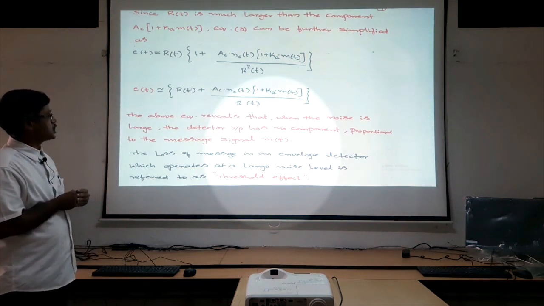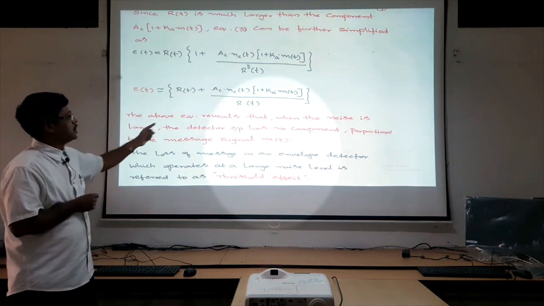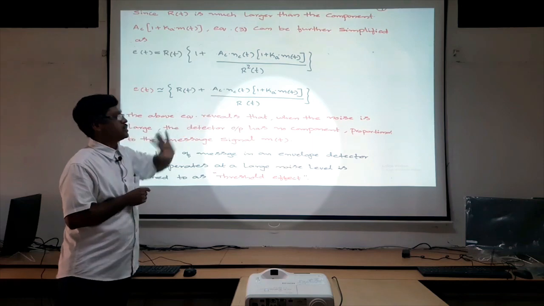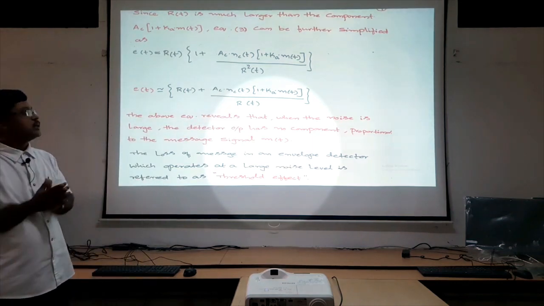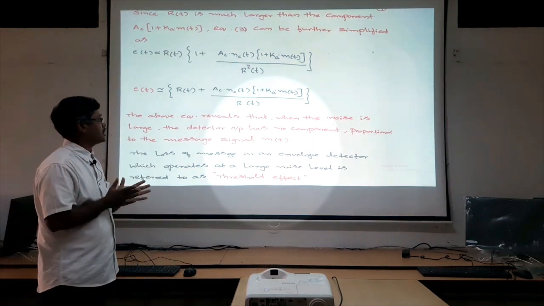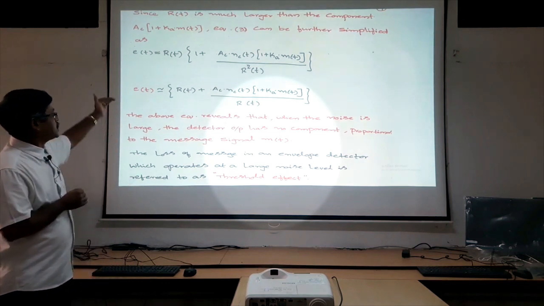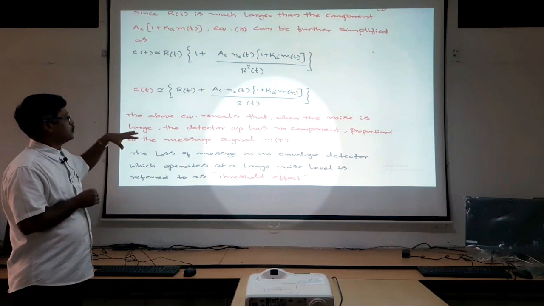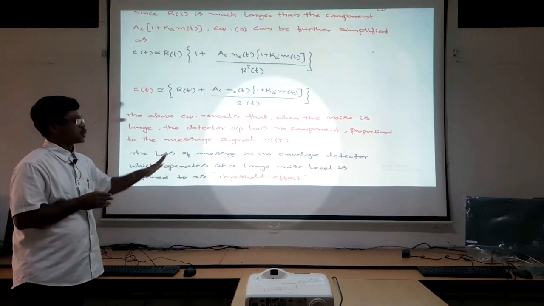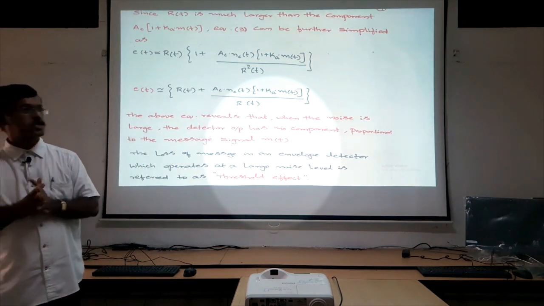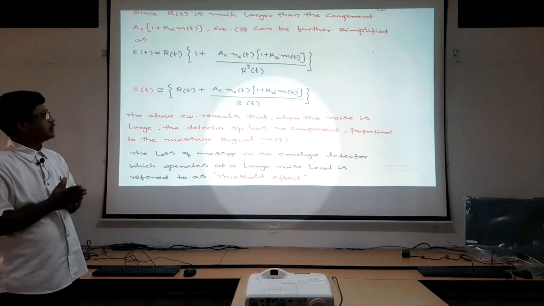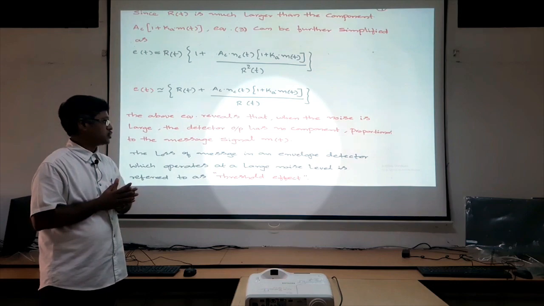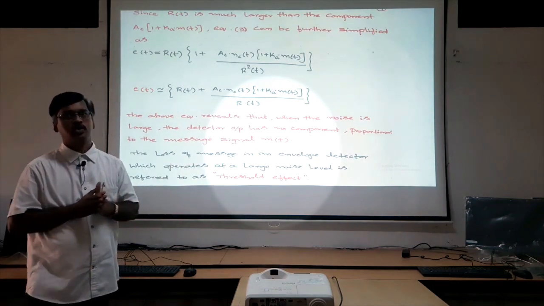Otherwise, for the large noise case, this noise is no longer additive with the message signal. That means we cannot separate the message signal and noise. So from the envelope, I could not recover the message signal alone, which I can call the threshold effect. That means, under the large noise case, we cannot separate the noise and message because both are not additive in nature. So this effect is called the threshold effect.